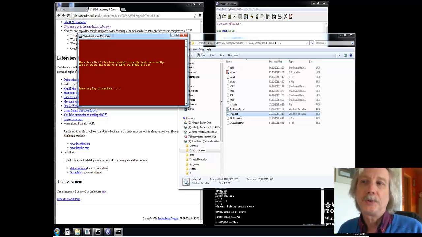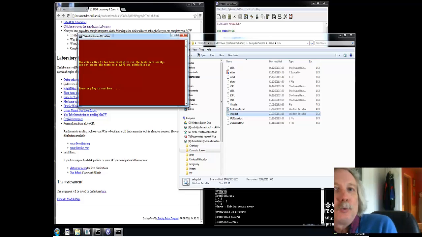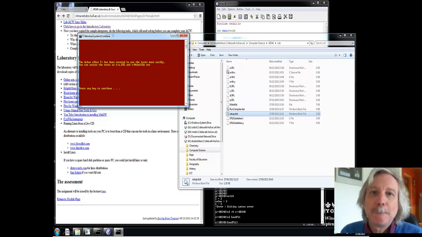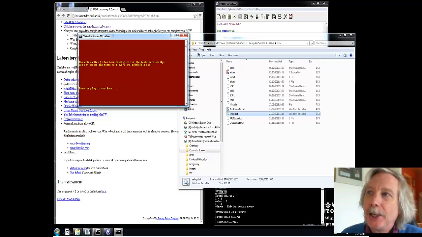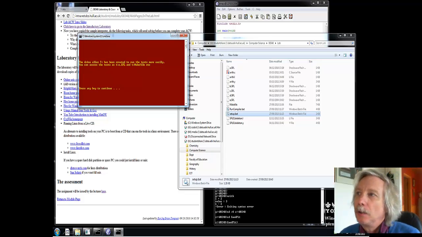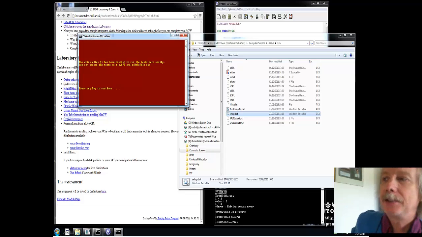Welcome. This is the video on how to run the compiler testing tools for the Languages and Compilers module. So here we have a desktop set up and we've got the page in SharePoint. There on the left we've got an Emacs and a command prompt, which are the basic things we need, and